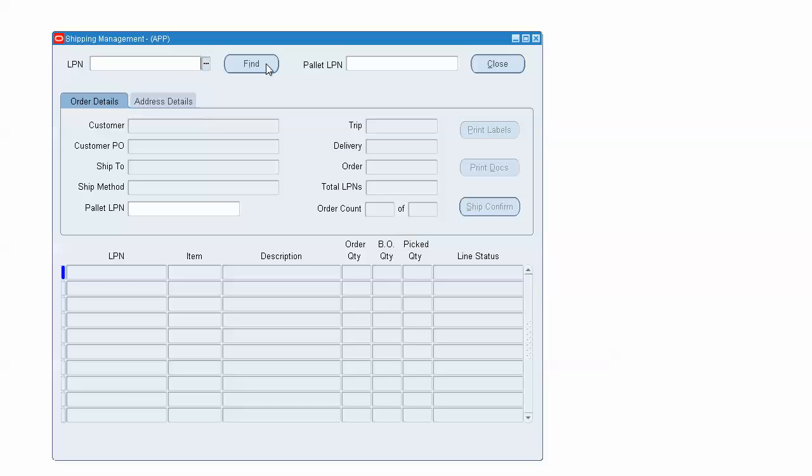In this demo, I'm going to be walking through a custom Oracle WMS shipping management form. This form was originally designed for small package processing where the user could easily scan in the LPN, query up all of the details about that order, review the contents of the order, all the other LPNs on the order,